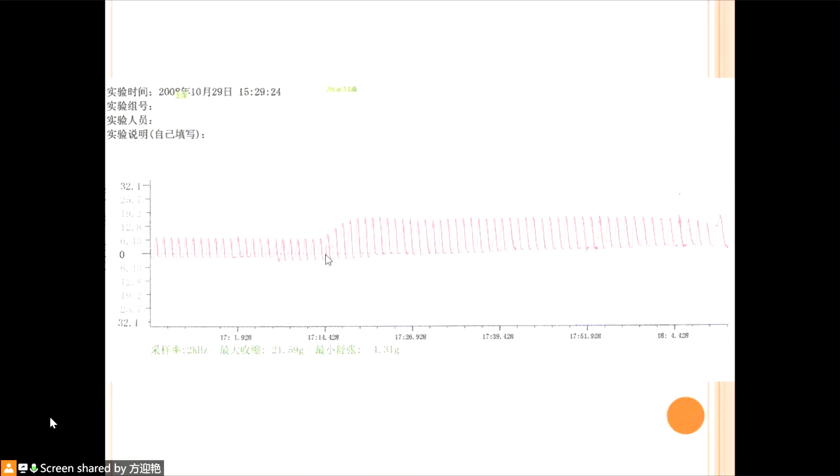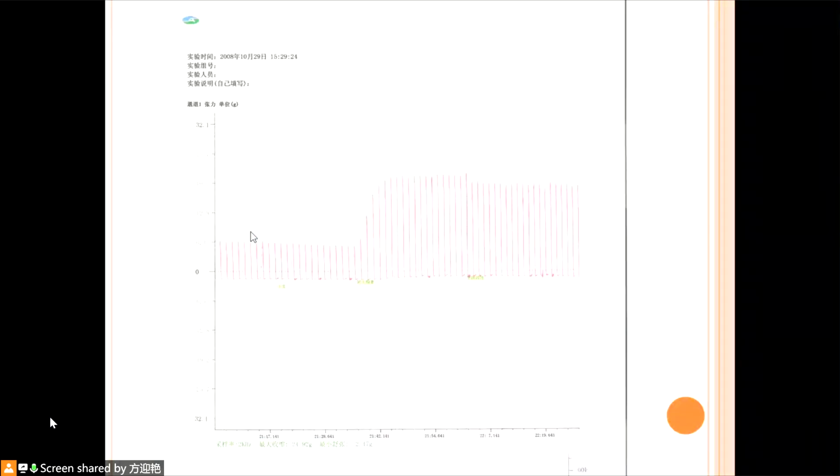And then we did the 2% calcium chloride, and we can see here that this increases. Can you see that? Yes, I can see now. We recorded this phenomenon. Second, we should wash with the fresh Ringer's solution, and it needs to recover. And when the recovered curve is stable, then we drop the